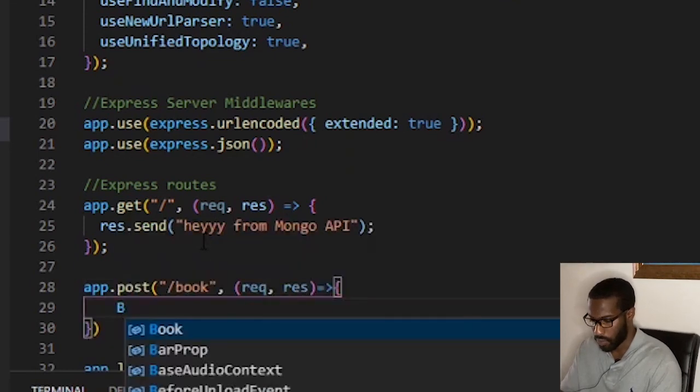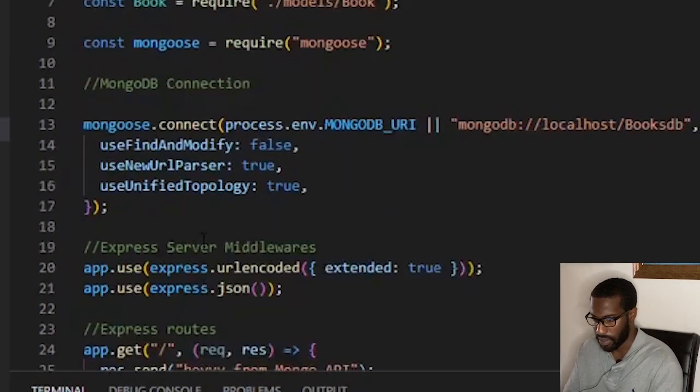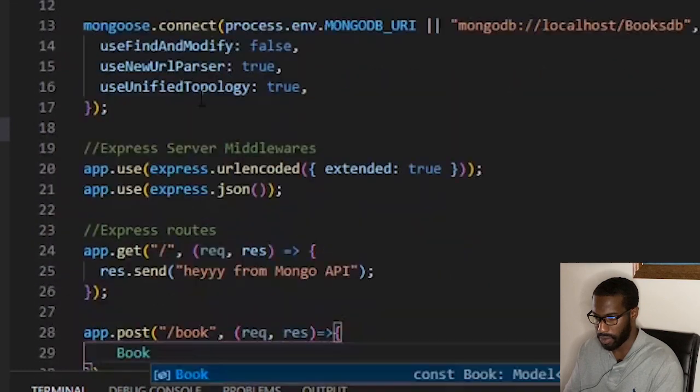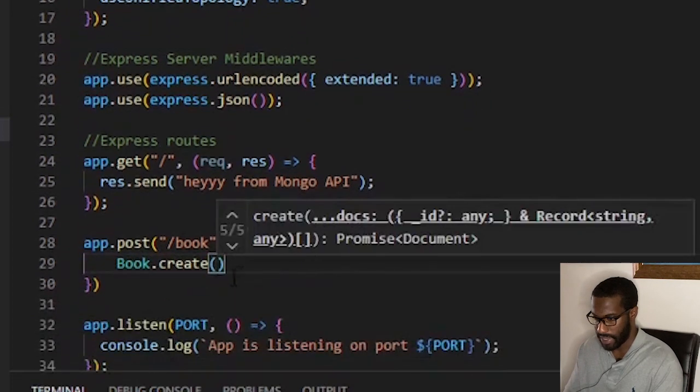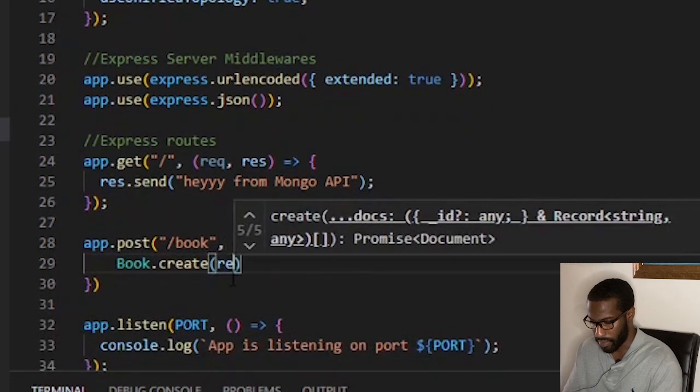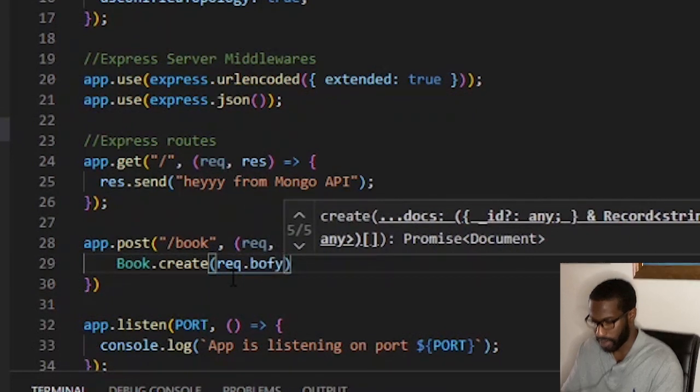And what we're going to do is the book, because remember we imported our book model from up here. All we have to do is Book.create, and then we pass in our body essentially. So we're going to do req.body,